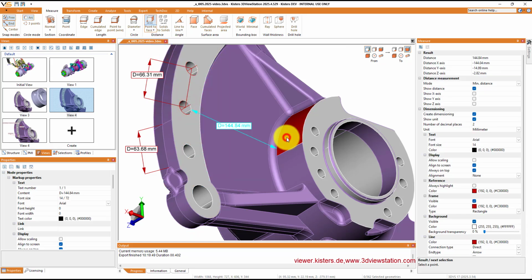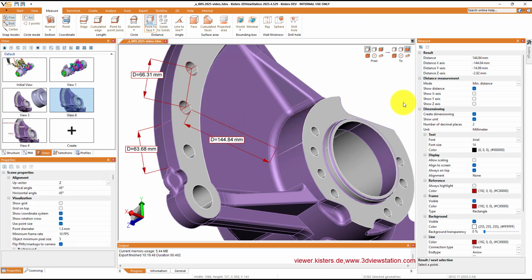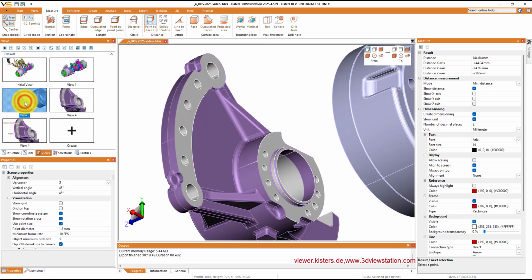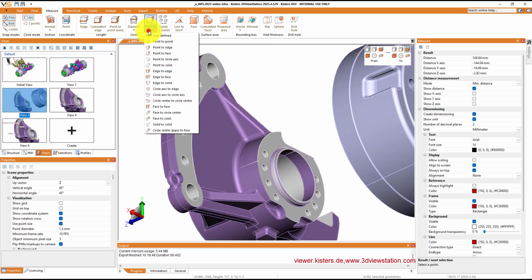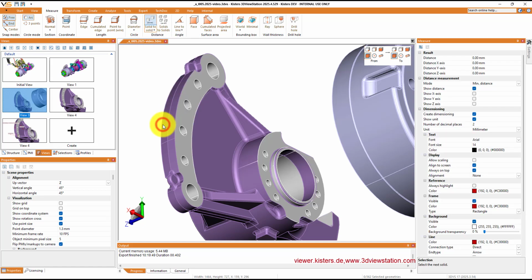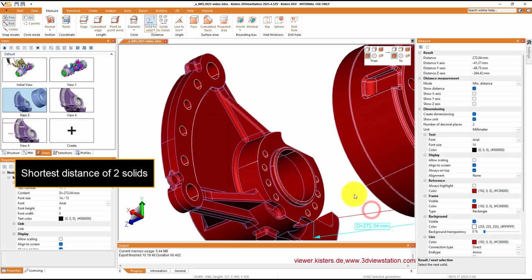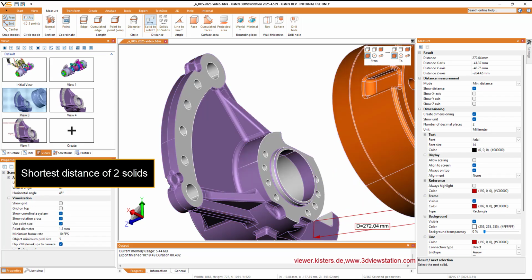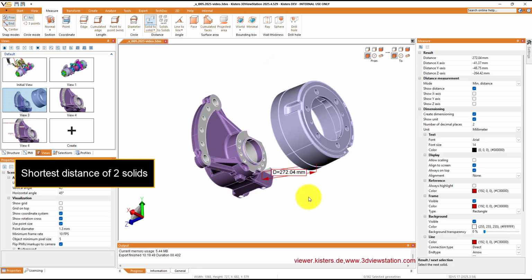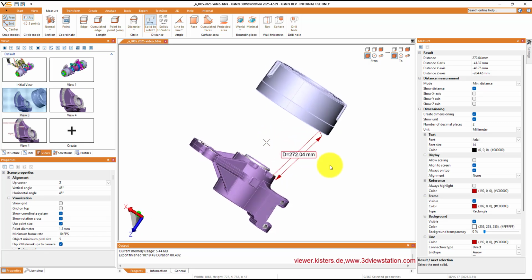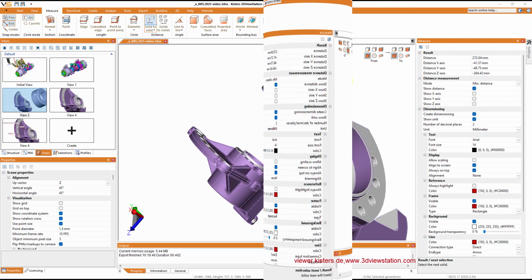What else? An arbitrary selection between, let's say, a point and a face, so you can combine whatever type of object you would like to measure a distance in between. Another example, the distance between 2 solids. So you go from solid to solid, select the first, select the second, distance being calculated. If we zoom out, we finally see the result. So the shortest distance between